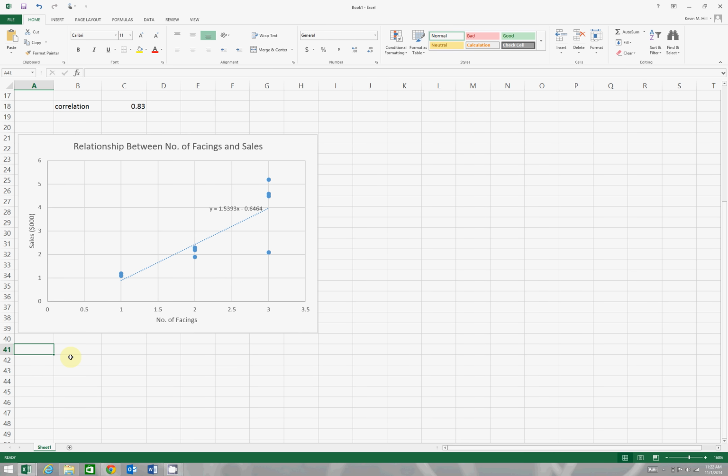This will only be for PC users. The Data Analysis Tool Pack does not come with Excel for Mac. There's an aftermarket add-in that you can get that we actually need for Chapter 8. If you want to watch the Chapter 8 videos to see how to install the tool pack, and I believe I put the links in the course website, you can skip ahead to that particular part of Chapter 8